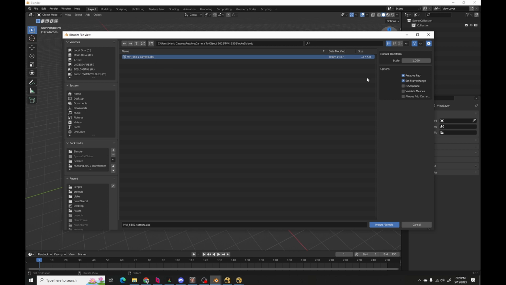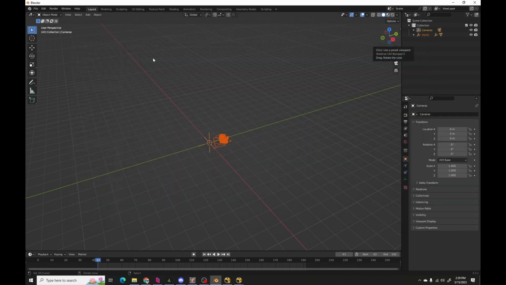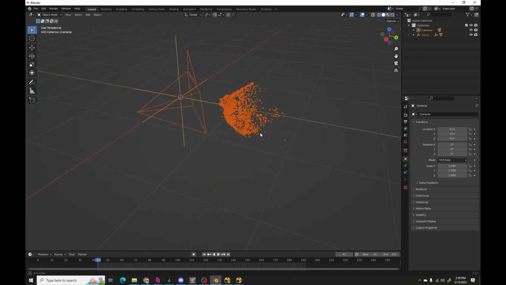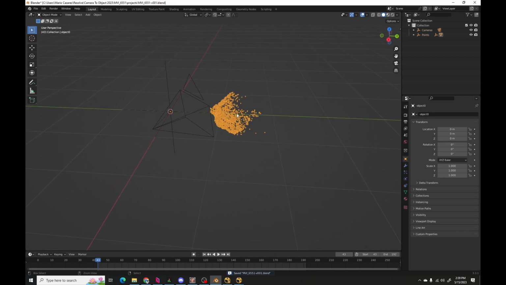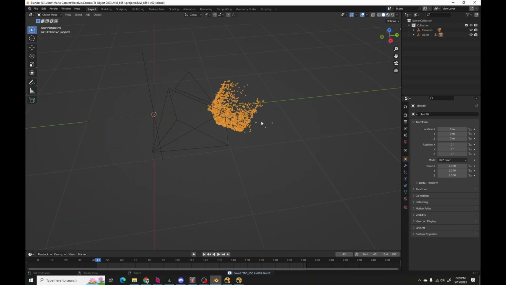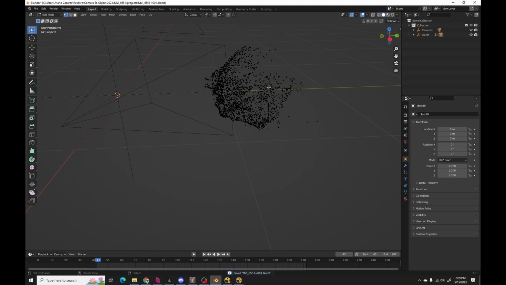All right, so I have the Alembic, and I'm going to do set frame range, and I don't have any of these other ones on, so yep. So now we have it in here. Let me go ahead and just save real quick. All right, so I saved, and what you're going to see is your points here, hopefully, as vertices,